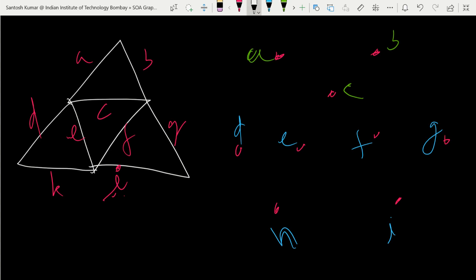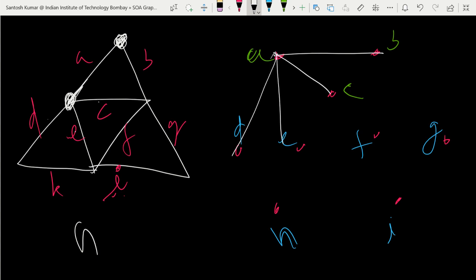Now we just see that two edges in graph G sharing a vertex will make an edge in the line graph. This vertex is shared by A and B, so AB. This vertex is shared by A with D, E, C. So A shares with D, E, C. And at this vertex, D, E, C, A will make edges with each other.